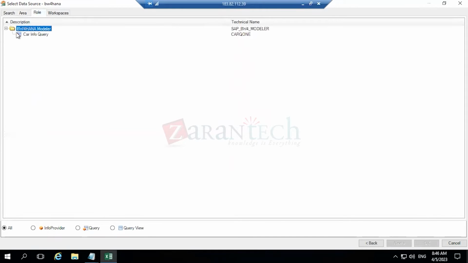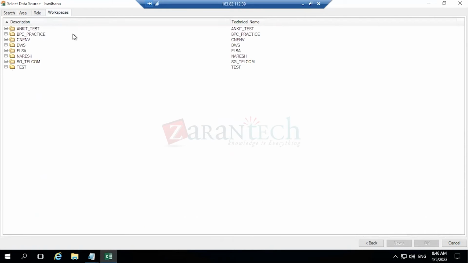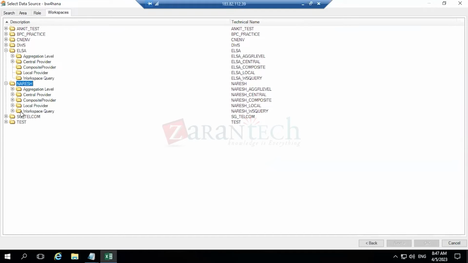Similarly, there are roles, right? There are different roles, and that is where you can publish. And these roles will be created by security. There you can publish the query or the workbook. Then workspaces, there are specific workspaces that you can create. In BW 4 HANA there could be workspaces, and within those workspaces you can find different levels of